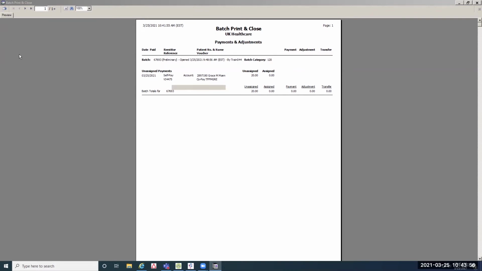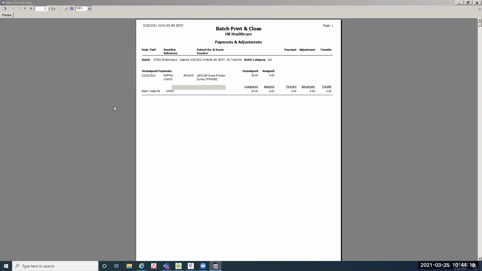because you're going to give this report and all the money that you collected to the person that does your deposit after you've closed your batch. If it doesn't match, go ahead and print it. If you can't figure out why it doesn't match, go to the person that does your deposit and they'll help you figure it out. But the most common reasons why your batch will not reconcile is maybe your cash total